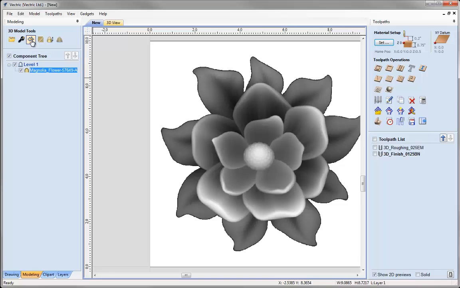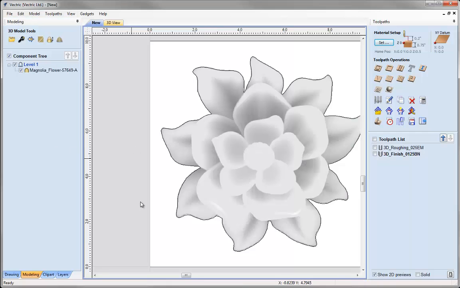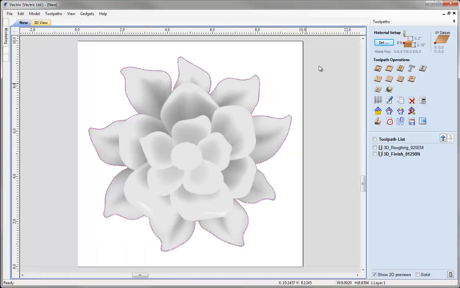So if I had multiple components making up my composite model, I'll just select them all in order to create this vector boundary here. Now we're not going to see too much change, but if I just click to deselect that and click here, you can see now I've got a vector that surrounds the outside edge of my 3D part. Now I can hit F12 on the keyboard to go back over to just show the Toolpaths tab,